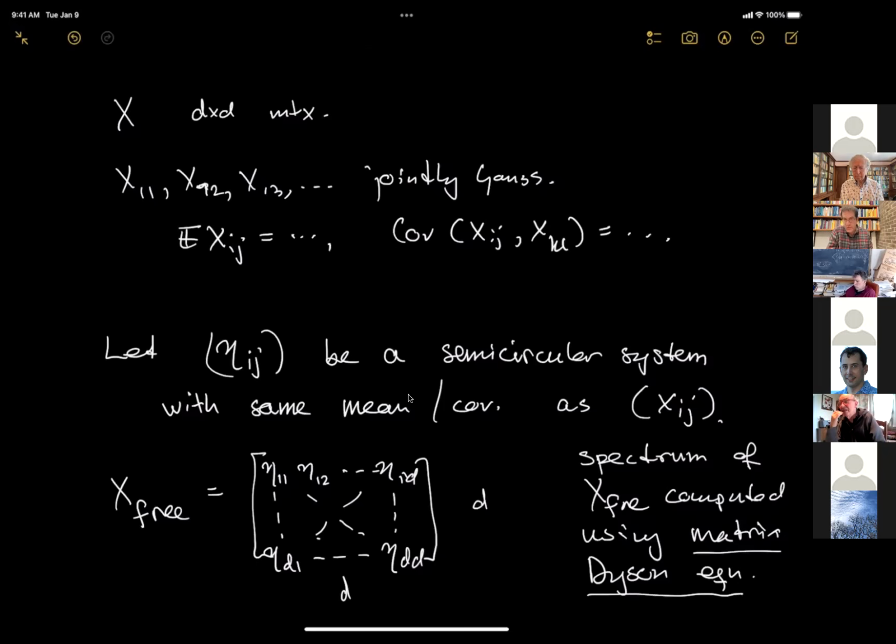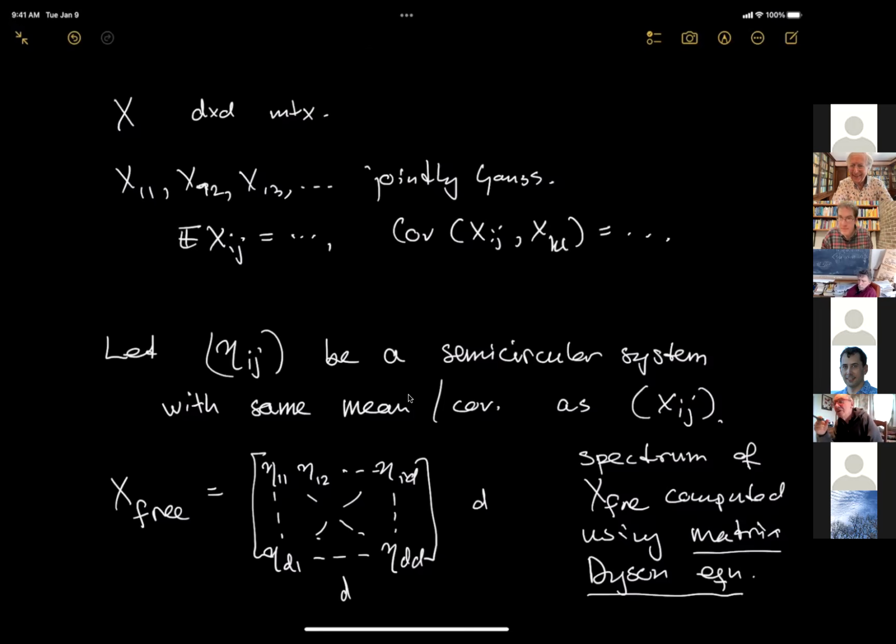So these objects from free probability, their spectrum is exactly given. If one looks at their matrix Green's function, it satisfies a set of quadratic equations, which is explicit and one can simply write down, and the existence and uniqueness theory of these things is well understood.